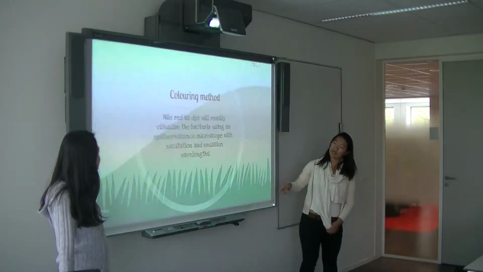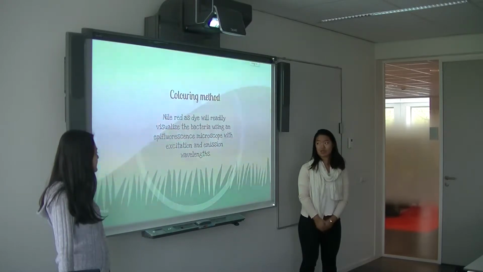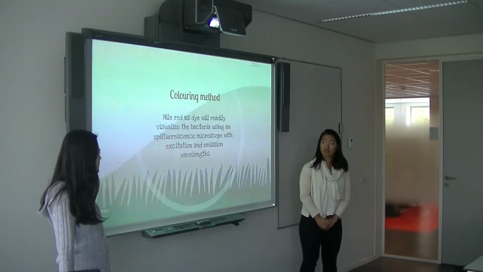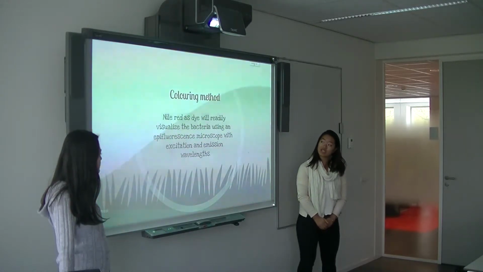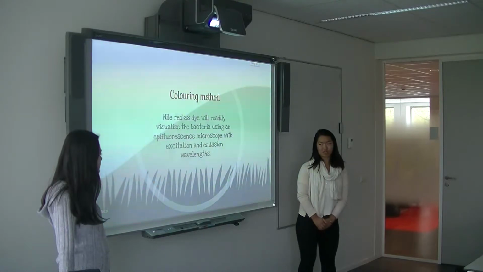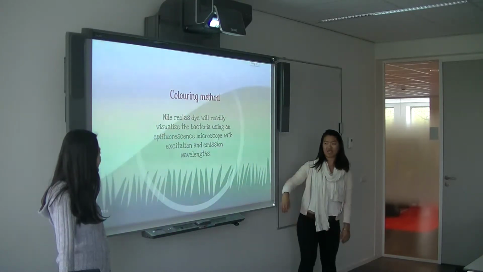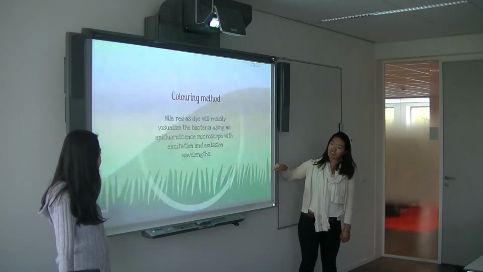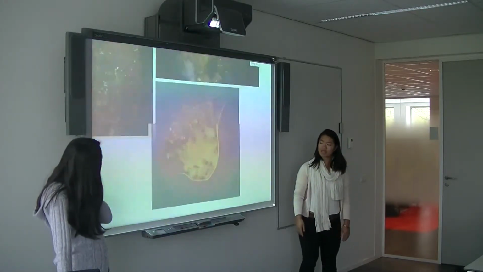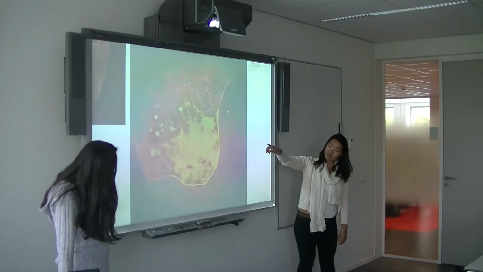Next slide. So after 7 days, we needed to see if there was any PHA production. We did this by using the Nile red dye, and by using the fluorescent microscope, we came with some pictures, which looked like this. Basically, the red in the picture is